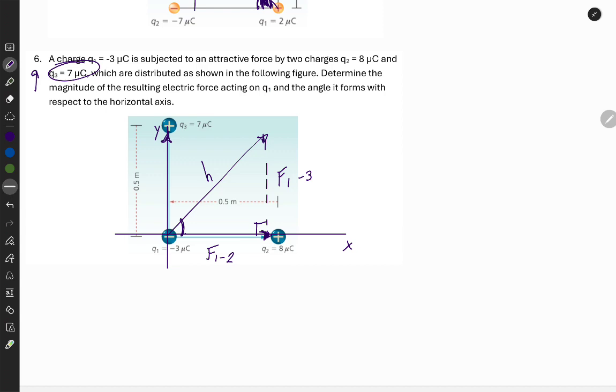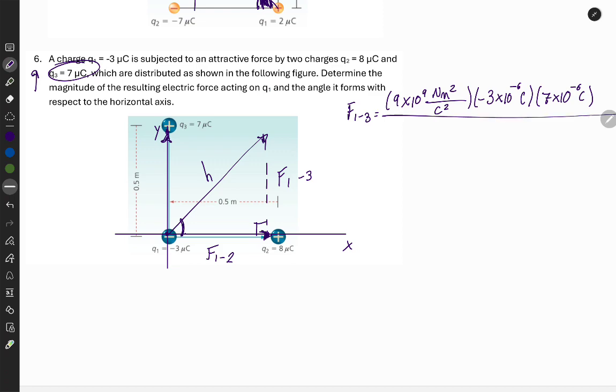First of all, we can calculate the force between the charges Q1 and Q3. F13 is equal to K, the constant 9 times 10 to the 9 newtons times square meters per square coulombs, times the charge number 1, minus 3 times 10 to the minus 6 coulombs, and then 7 times 10 to the minus 6 coulombs, all divided by 0.5